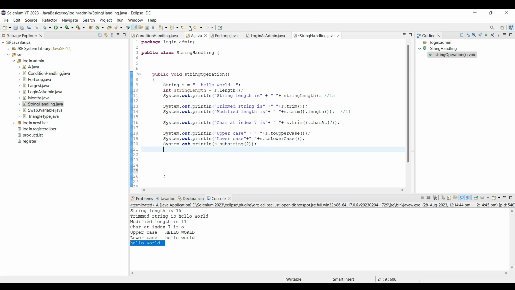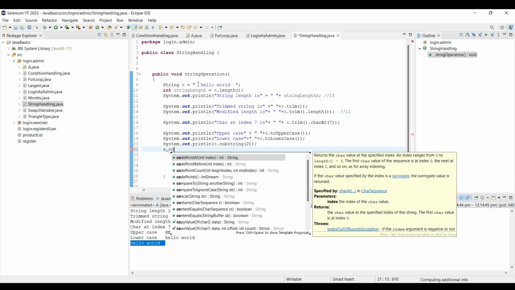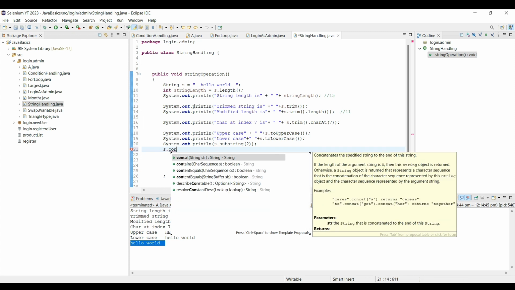Here I'm fetching this hello from this entire string. The next thing I want to check in my complete string is whether the word hello is present or not. In that case, I will check if it contains. So with contains, you can see the character sequence we need to provide. If it contains